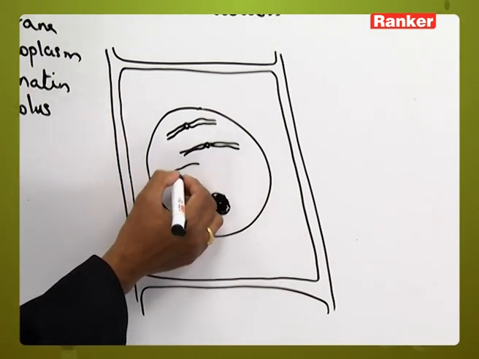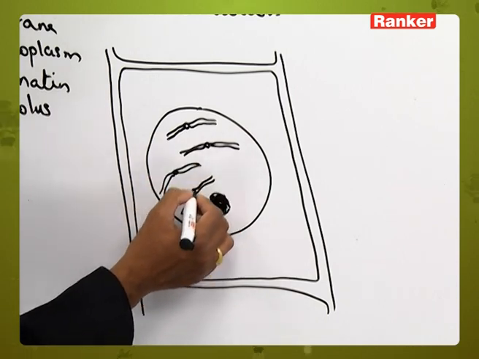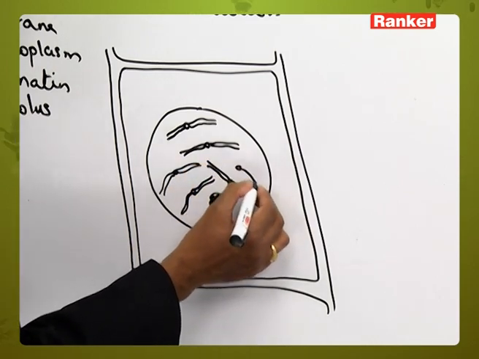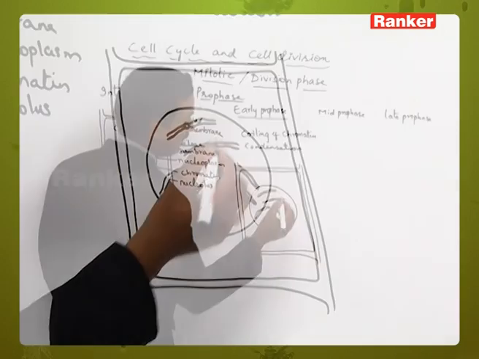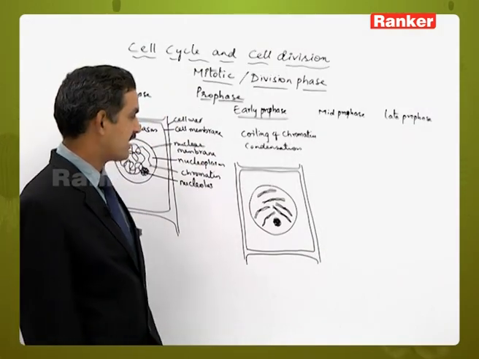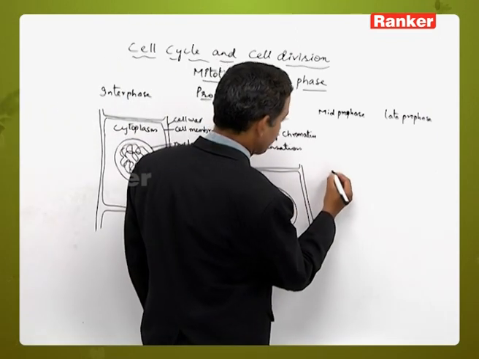This type of small structure is formed due to the condensation of the chromatin material. Likewise, we can see definite short, rod-shaped structures formed during the early prophase, where the condensation of chromosomes takes place. And here in the mid prophase,